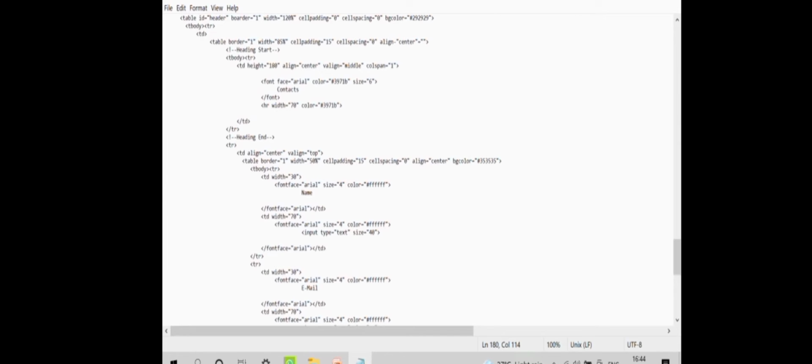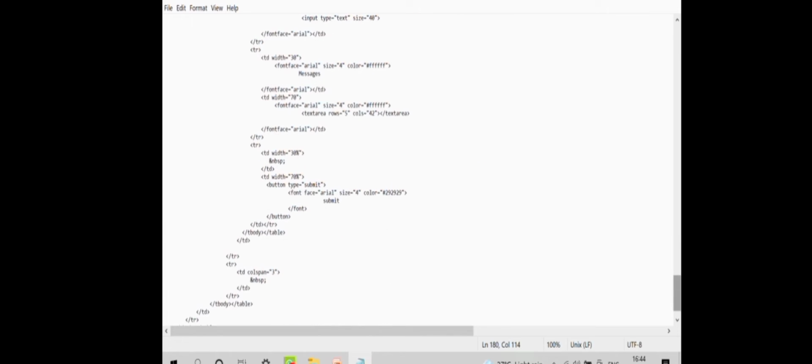In contact, we are taking table border, height, font face, HR. Then again we take a comment in that. Table border, cell spacing and font face Arial and size 4 and color. Here we're taking code. Font face close, then TD close. Okay, come next.